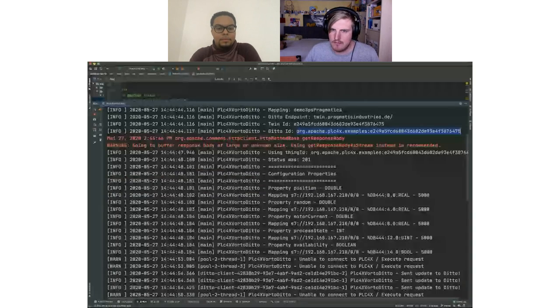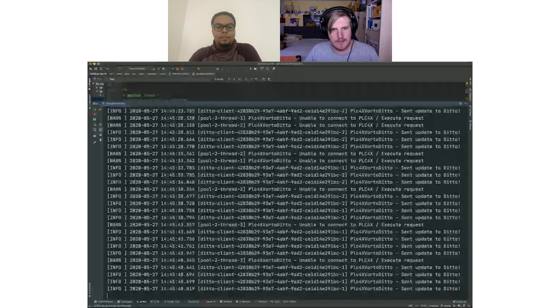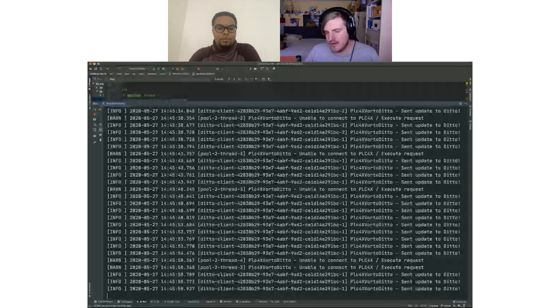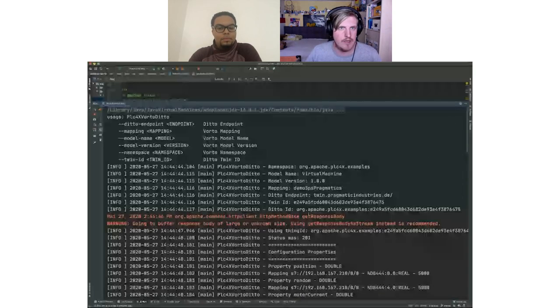Configuration is as given from the mapping. So we have everything we need to build up a PLC connection, and then you see there are frequent updates sent. Some requests fail. This may be for two reasons. First one, it's pretty inefficient to build up a new connection for each request, sometimes even in parallel. And second thing is latency may be high because I'm using VPN and I'm in another part of Germany right now. So what I want to show you now is I use this Ditto ID and